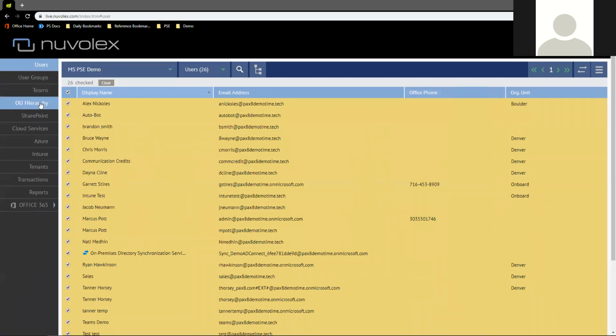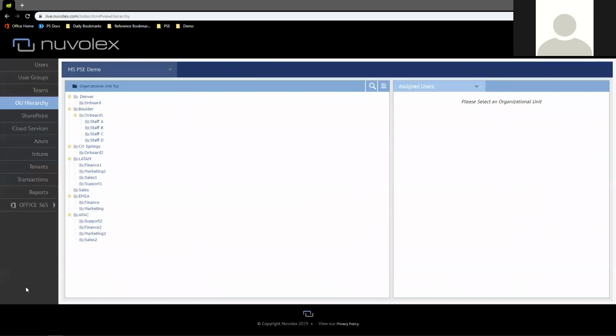Continuing on just a bit further here, I do want to touch on OU hierarchy as a fantastic piece of this software that is bringing the modern age to this organizational unit structure. Traditionally, this has been part of that on-prem organization. We're able to set up essentially a policy template in there and fiddle with it, but that organization didn't necessarily transition to the cloud. nuvolex here allows you to set up a pseudo OU, as they call it, and create these from scratch. So let me go ahead and click on one we have here for onboard,